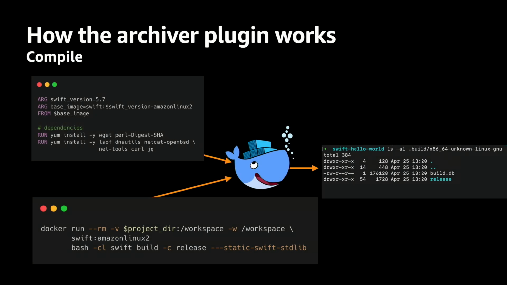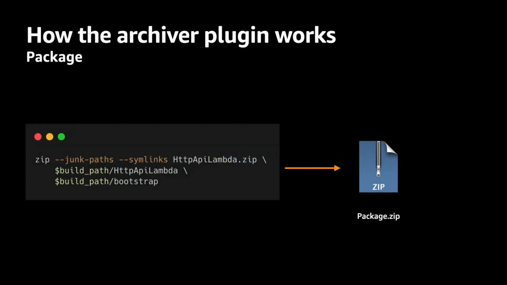Again, Lambda runs on Linux, so you need to compile your Swift code for Linux, which you cannot do directly as is on your Mac. So it uses Docker for that. It takes a Linux image with the Swift runtime installed. It compiles all your project inside that Docker image, and that produces a big binary file on your hard drive. And then it zips that file together with the bootstrap provided by the framework, and you have a zip ready